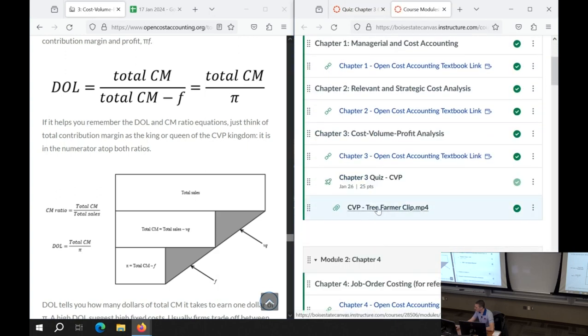This clip right here. I'm not going to go into it. We're not going to watch it in class. Some semesters I do, but it's there for your convenience because what this negotiation is about, it really is CVP. They're trying to get Johnny, the farmer, to increase the price at which he's selling to customers so they can fit in some fixed costs, because they wanted to move his cost structure from a variable cost heavy cost structure to a fixed cost heavy cost structure. So they can increase distribution, that's going to be fixed costs. They want a piece of those fixed costs is the idea.